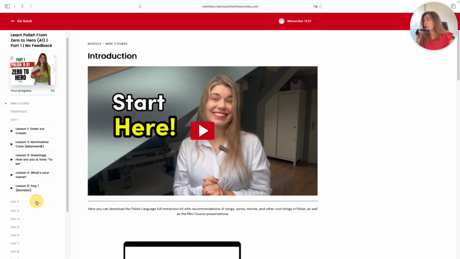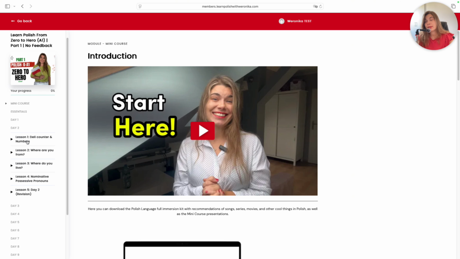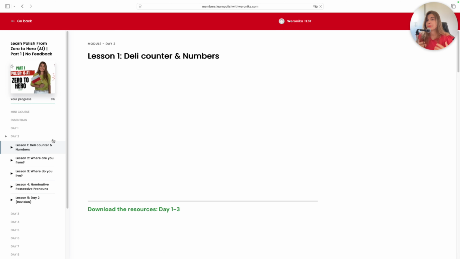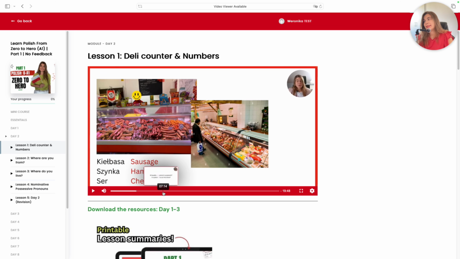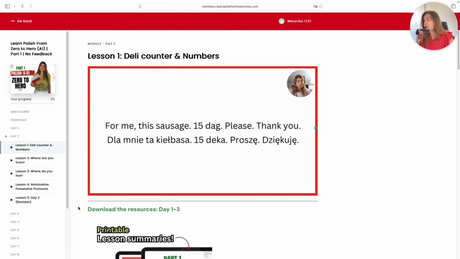And if you learn Polish because you love Poland or you live in Poland and simply need to communicate, it will also be very handy for you, because look, the first lesson here is deli counter and numbers. So these situations when you go to like supermarkets, the big ones, and you want to get some cheese or ham by weight. You don't want to buy the prepackaged ones, which are usually more expensive. You just go to the vendor there and ask, hey, I would like 200 grams of X cheese. Like, we practice all this kind of situations, so you know exactly what to say,